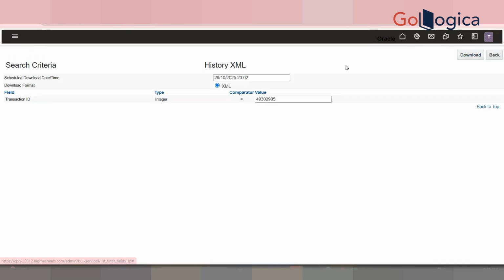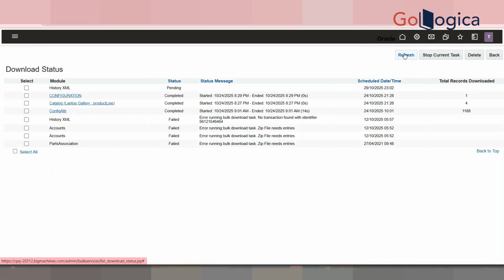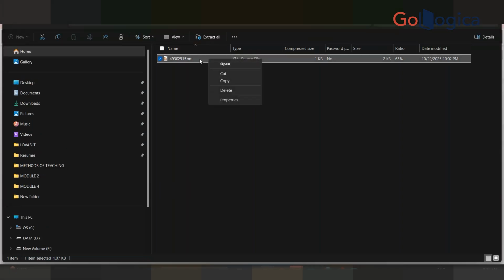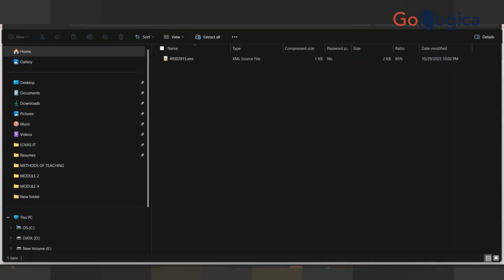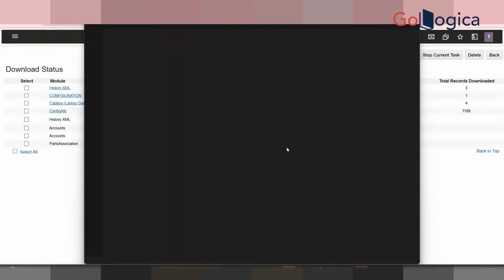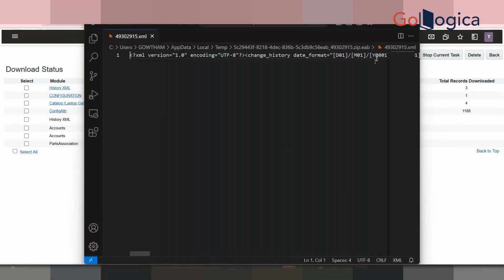Here you need to give your BS ID. So basically this history XML, what it does is, it will